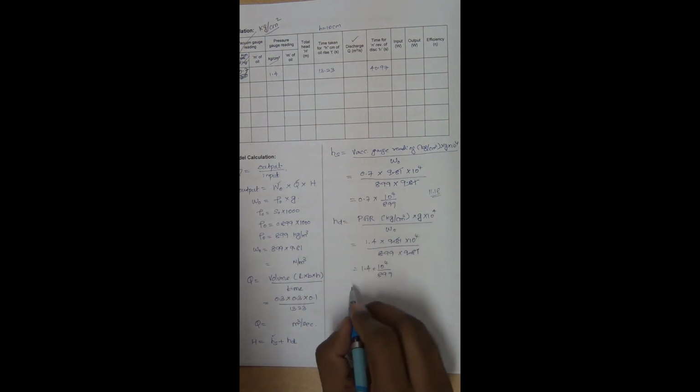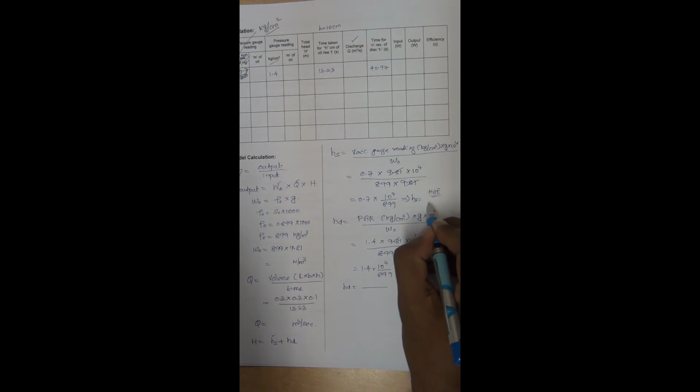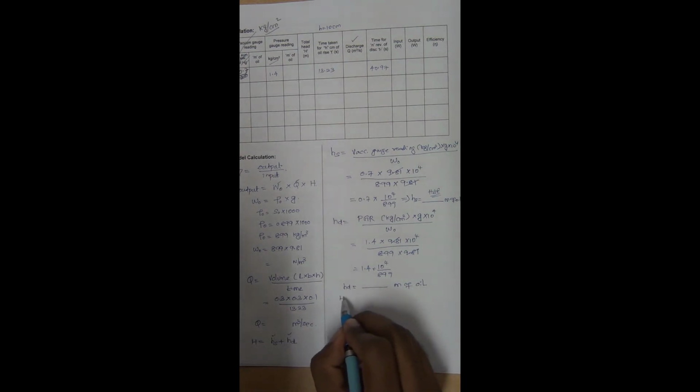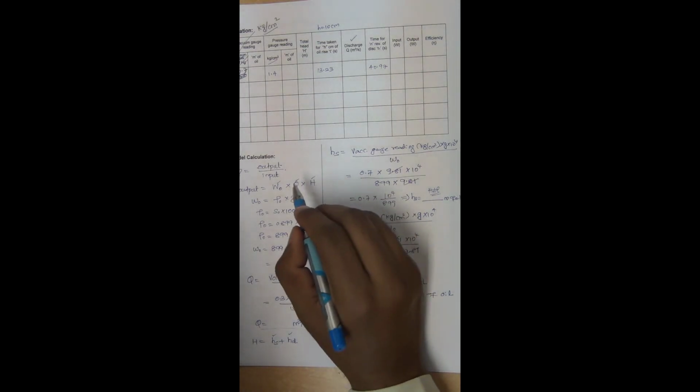So we will get HS, HD here. HD equal to some value. Similarly, HS equal to some value, in meter of oil. So HS, HD we have got. Therefore, capital H equal to HS plus HD, and the answer will be in terms of meter of oil. So WO is over, Q is also over, H is also over. So we have got the output parameters.